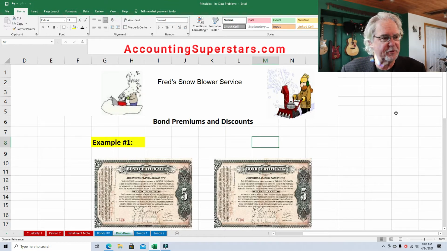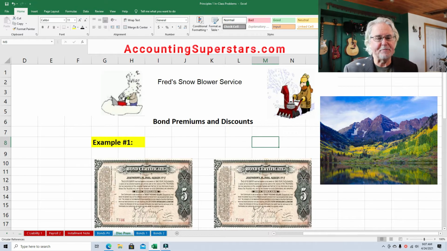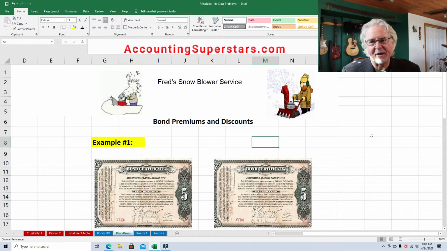Super, super important, folks. Hey, by the way, today's a beautiful day in Colorado. It's going to get up into the high 40s, which is really nice. It's April, and April tends to be a real snowy month. I live up in the foothills of Colorado, at about 8,500 feet. So we get a lot of snow, and we've had a lot of snow, and I'm tired of the snow, so it'll be nice to have warmer temperatures.